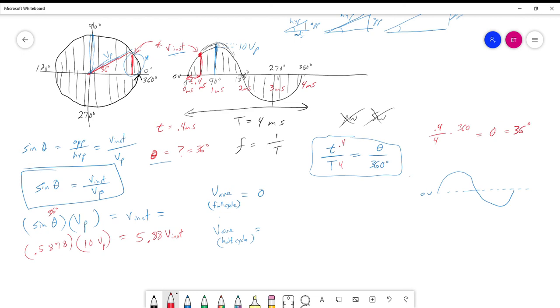So the average of a half cycle comes in here, and it's actually going to be, I'll give you the very specific ones, but I find it easier just to remember a number. 2 over pi, I think, yeah. Which is approximately 0.637 of the peak. So whatever your peak voltage is,